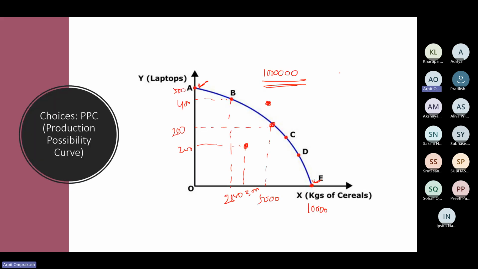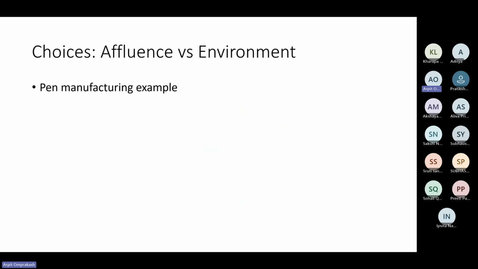As we saw before, this production possibility curve, where does it come into place? When we are making a choice. When we are basically choosing to produce something or something else based on how much it's affecting what our needs are and how much it's affecting the environment and things like that. So one example that's talked about is, let's say we have factory A that produces pens